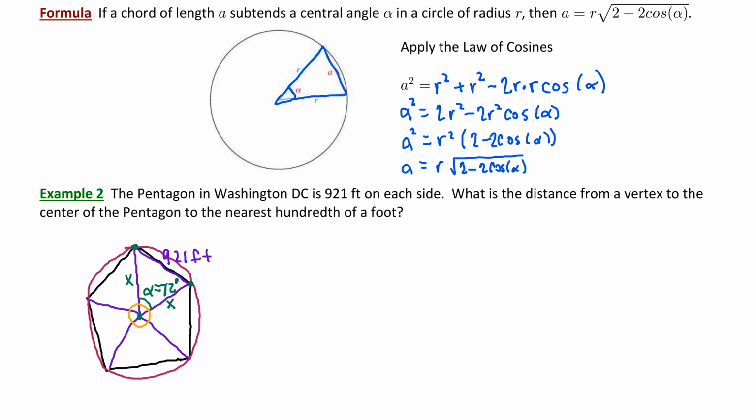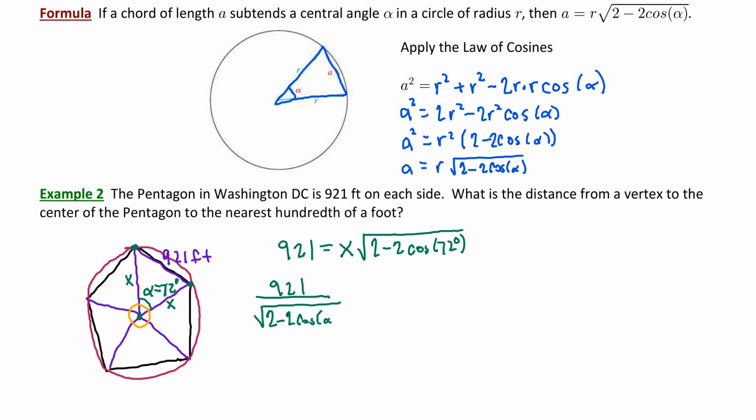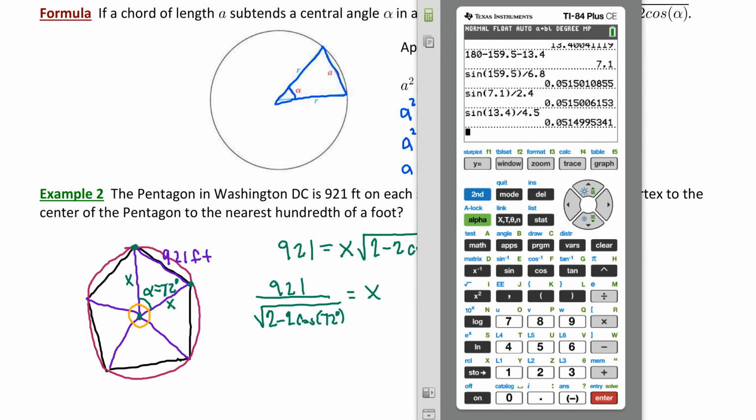A, the length of the chord, is 921 feet. This will be equal to the product of the radius, well, that's what we're trying to find, we'll call that x, times the square root of 2 minus 2 times cosine of the central angle, which we discovered is 72 degrees. So to calculate x, the radius of the circle, or the distance from a vertex to the center of the pentagon, we simply need to evaluate 921 divided by the square root of 2 minus 2 cosine of 72 with our calculator. In degree mode, we